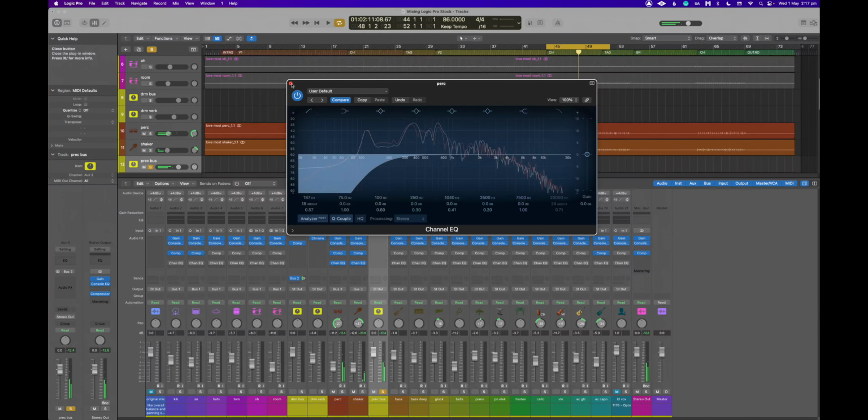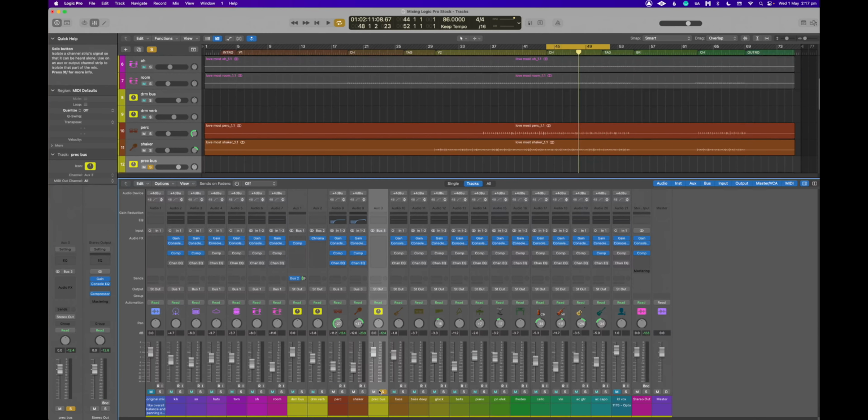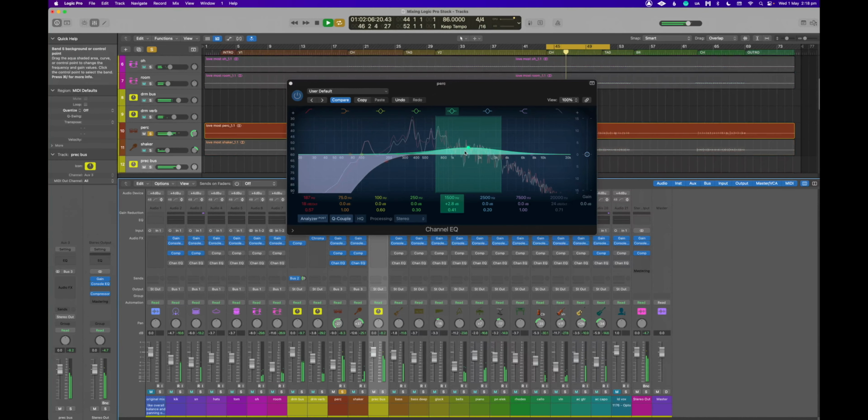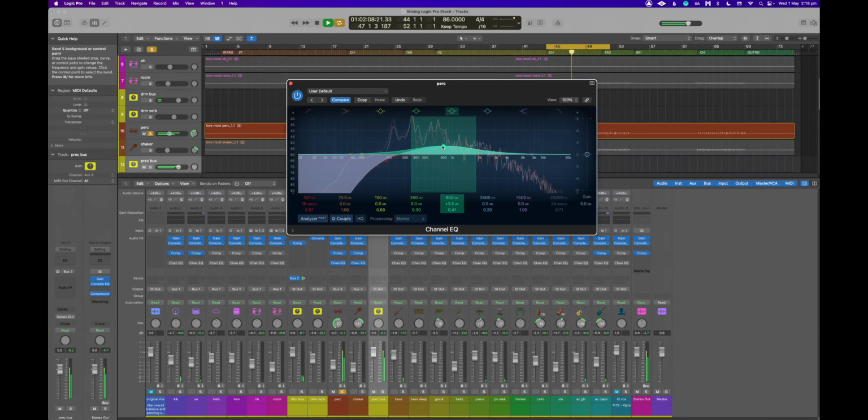It thins the sound out a touch, but I don't think that's going to be really that noticeable with the other instrumentation. So I'll have a listen. Yeah, nice. And what I want to do is find that frequency on those congas that makes it shine a little bit. So I do that. I've got quite a wide